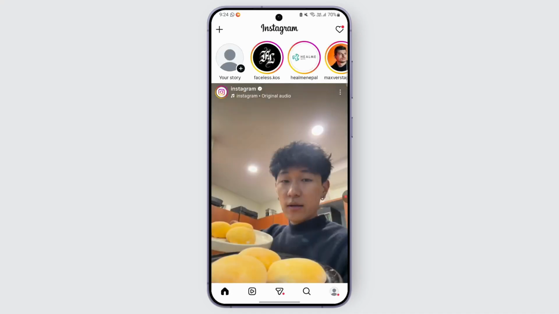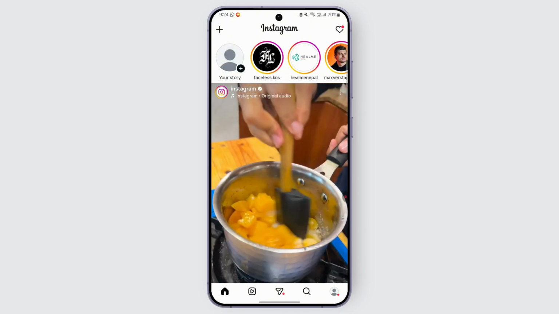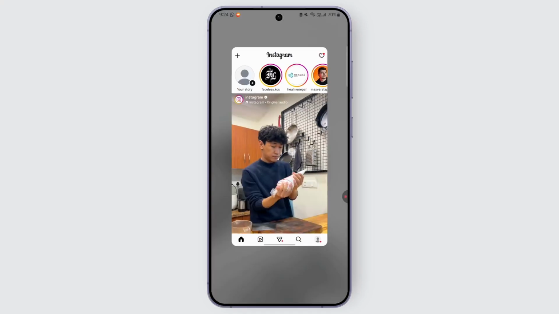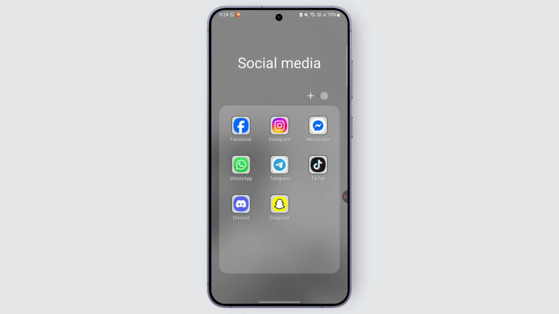If you're trying to use any kind of third party tools, those are usually scams designed to steal your personal information or Instagram login credentials. So it's better not to rely on them. If you want to know the truth, it's not possible to see a private account without using the follow